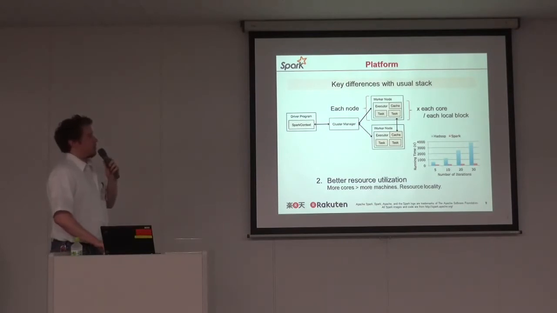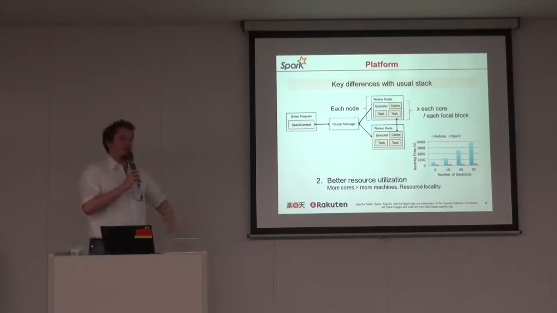Also, this sort of started with Hadoop 2, but Spark has better resource utilization. Of course, if you hack your own Hadoop framework and tell it to use several cores and so forth, it's going to work, but this comes right off the shelf with Spark. What this means is that on each node, if you have several cores and you start several Spark executors, those are like subnodes, but on the local machine, each core is going to take each local block. And so that's sort of how it works.